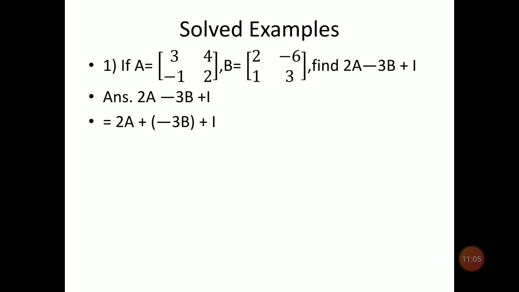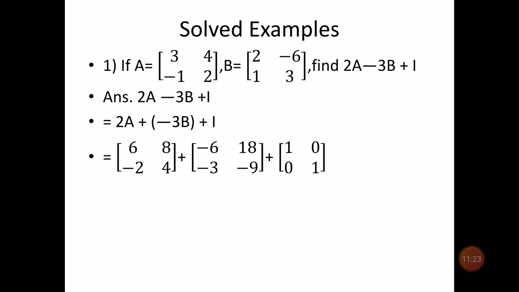So how do we calculate this? 2A, as we have seen, subtraction we obtain by adding the negative of the given matrix. So 2A plus minus 3B. So here we are going to consider the scalar multiplication minus 3B plus I. So we write down the corresponding matrices now. So how do we obtain 2A? 2A is nothing but the scalar multiplication of a matrix A by a scalar 2. So here every element of A we have to multiply by 2 and we get the respective matrix. Then similarly minus 3B is obtained by multiplying every element of B by minus 3.